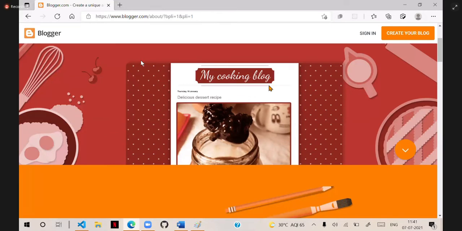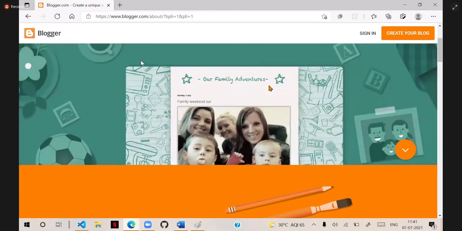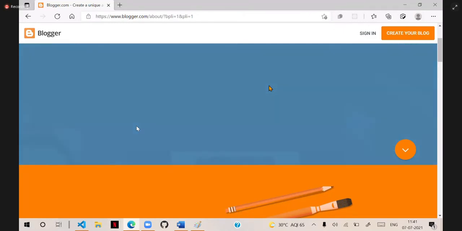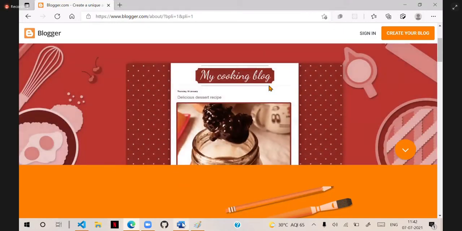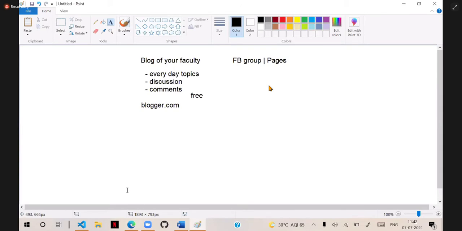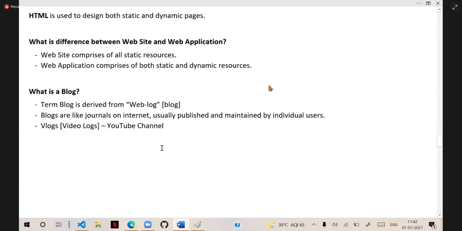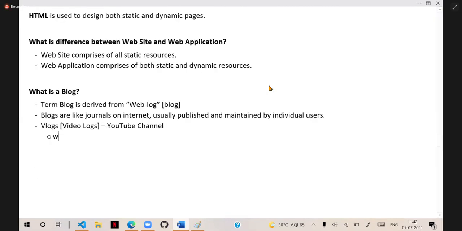That means web designing is not all about designing a website or a web application. We have websites, we have web applications. We have blogs also. And an example of this blog, how to create blogs, you can get from blogger.com.